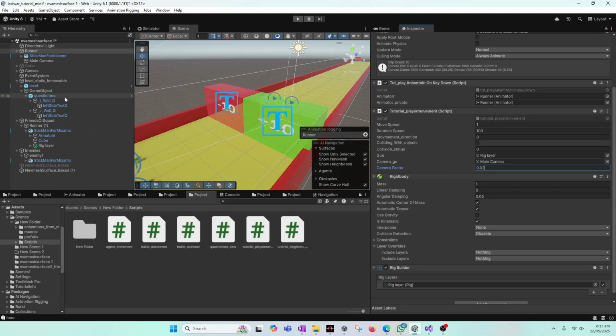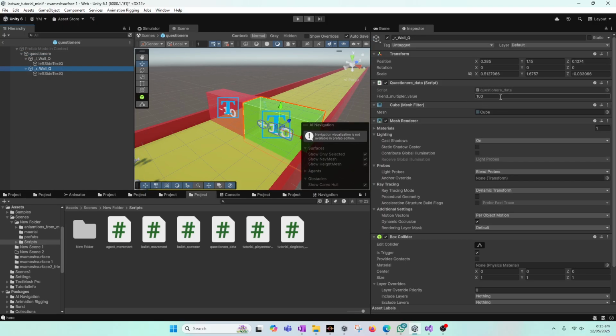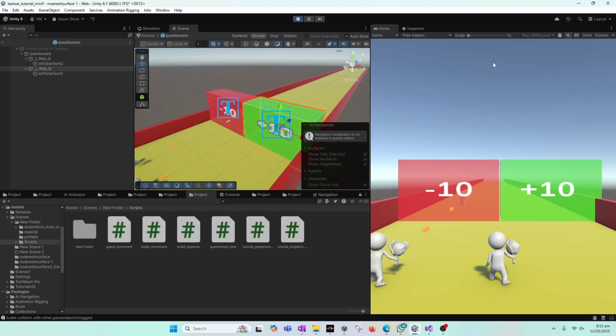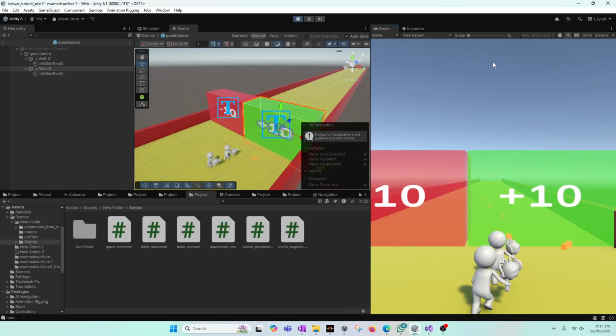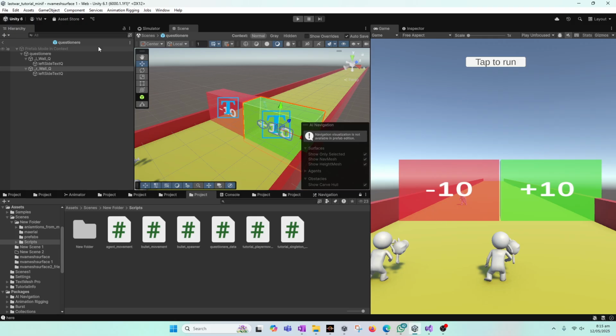But I think it's fine, because right now if you see, if we go back to questionnaire and try the friends multiplier value, it was 100. So if we move back to 10, I think this is the more suitable value. So now when we start the game, the camera goes a bit back, and if the size of them will be decreasing,